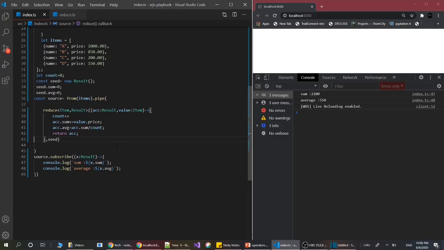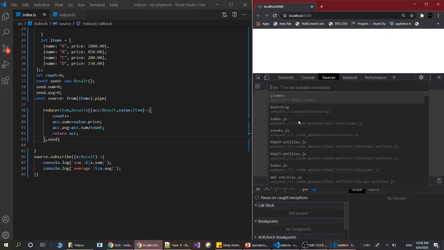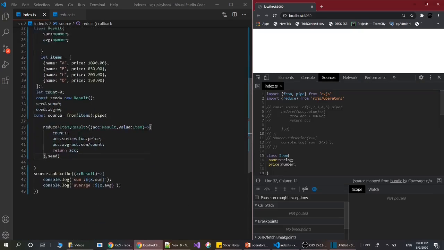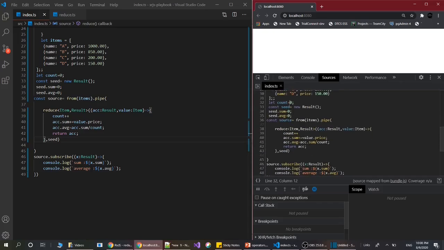So let's debug this code and see how this accumulator function works. Let's go to the source and press Ctrl P, and our file is index.ts, so we can find all the code here also, and just put the debug point inside the reduce function here. Now let's refresh it.